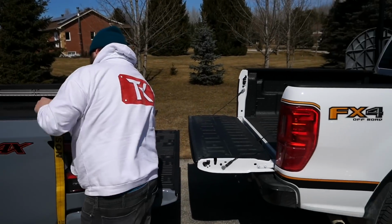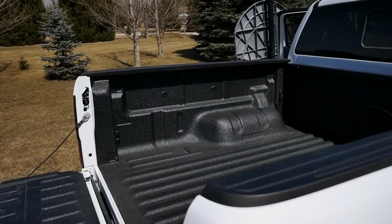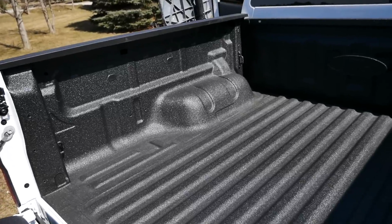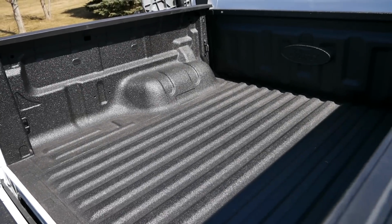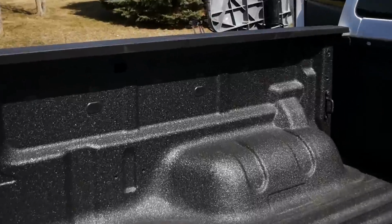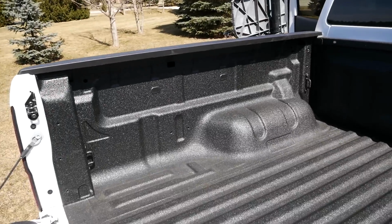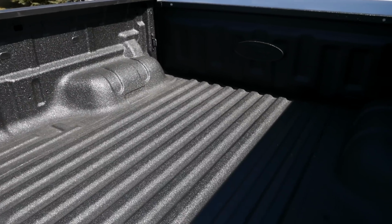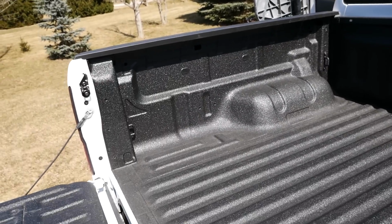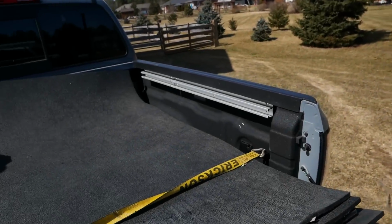So we just switched our mats from the Ranger over to the Nissan, and before we take off, we'll just look at the beds really quickly. So here in the Ford Ranger, you get a very basic bed. You do get a couple of hard tie-down points, one in each corner. There are those kind of punch-outs, so you could add more tie-downs if you want, but besides that, there's no other features here. No lighting, no movable tie-downs, no plugs,